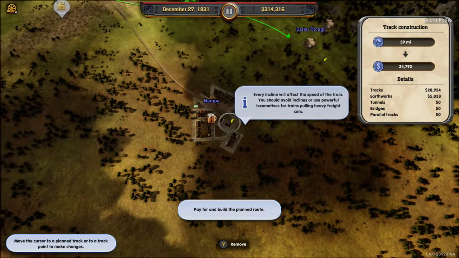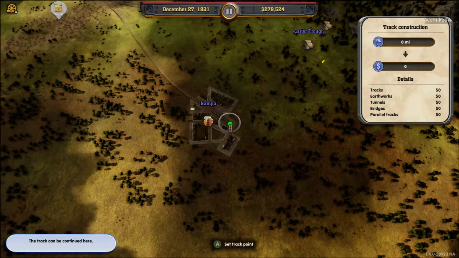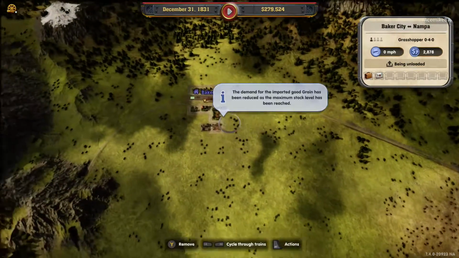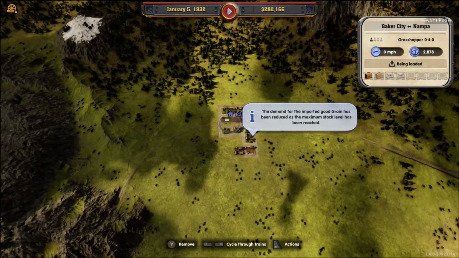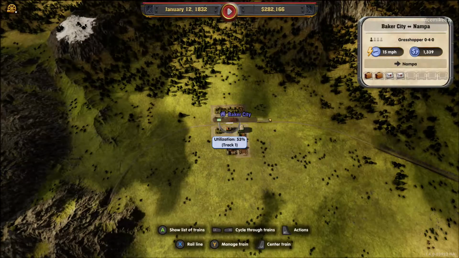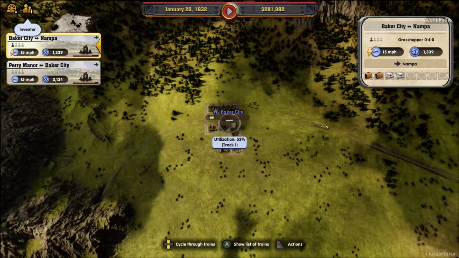We'll do another one. Okay. Build route. Remove that there. Build another route from here to here. We'll build another train at our main station. Okay, let's want another train. And then we want to...